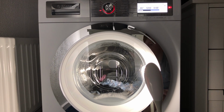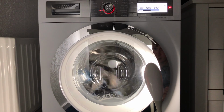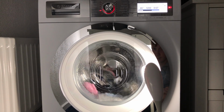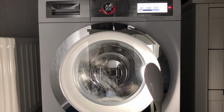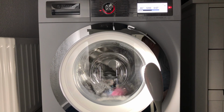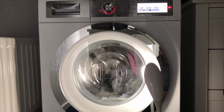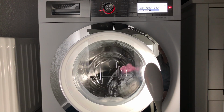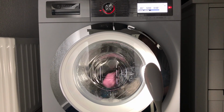First machine I've had with no holes in the back. First Bosch I've had as well. There we are. Yeah, the rinses are quite short, but also it does turn and drain, so...